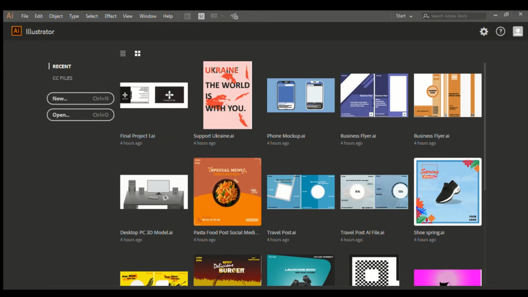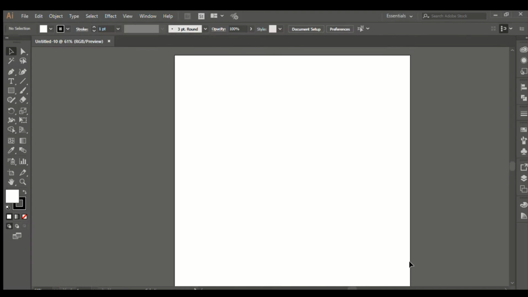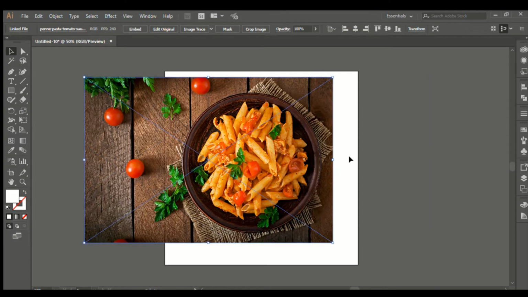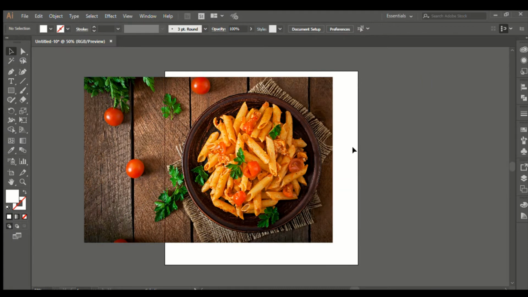So very first, obviously, you have to take an artboard. You can do it at any resolution you want. I'm doing 1000 by 1000 pixels. So I'm gonna null the stroke. So the very first and powerful use of clipping mask that we can do is to remove background completely from